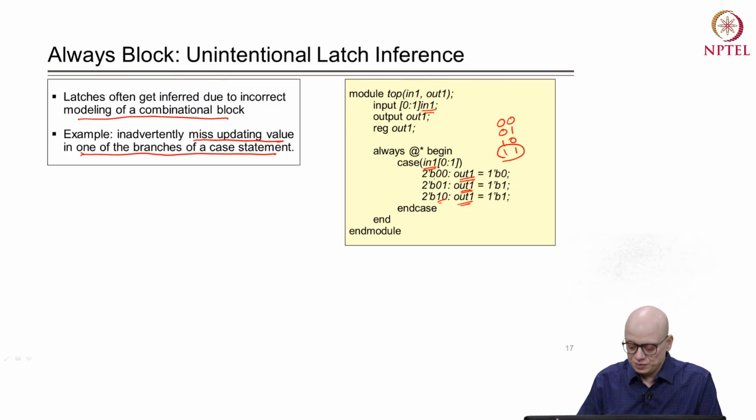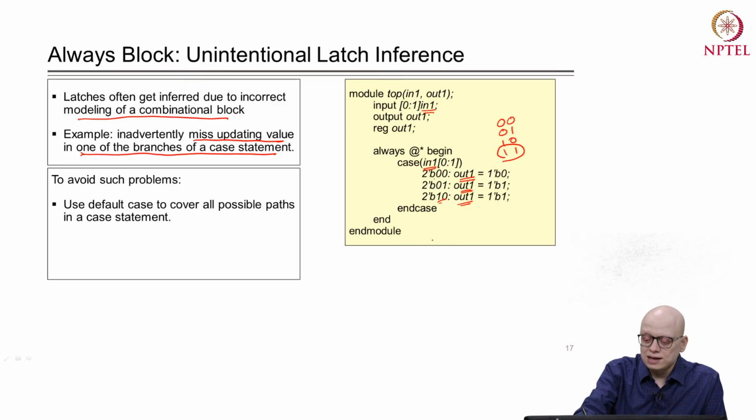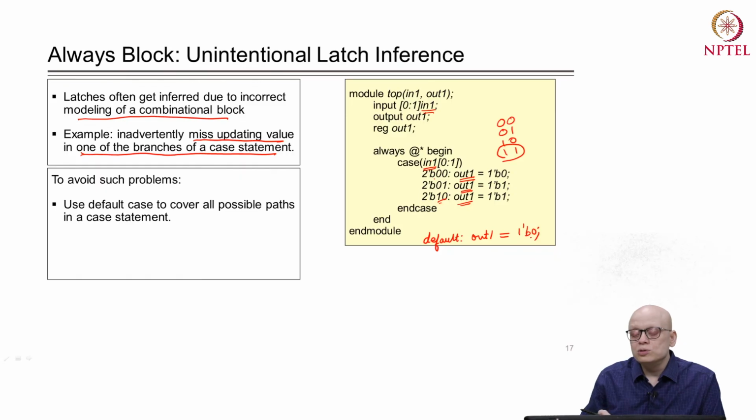To avoid such problems, we can use a default statement. Whenever there are complicated cases, at the end of the case statement we also write default, and then write, for example, out1 is equal to 1'b0. If we use a default statement, then for the case where nothing matches in the earlier branches, it will fall back to default and the variable will be updated, and therefore a combinational circuit element will be inferred